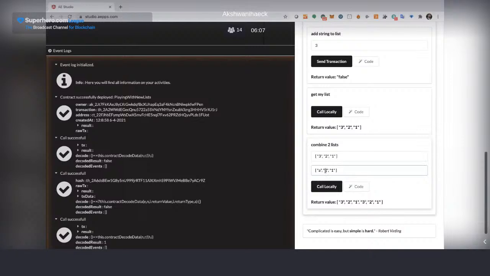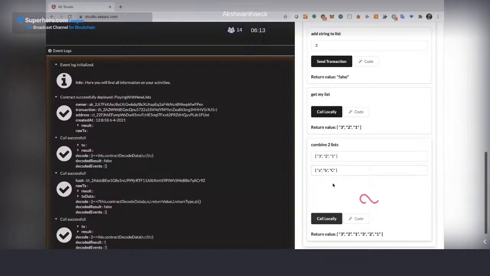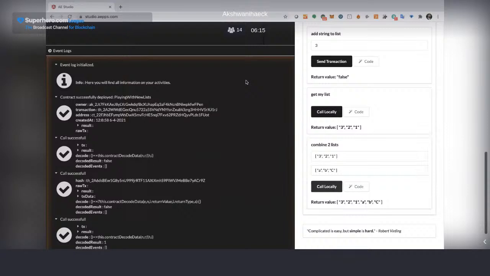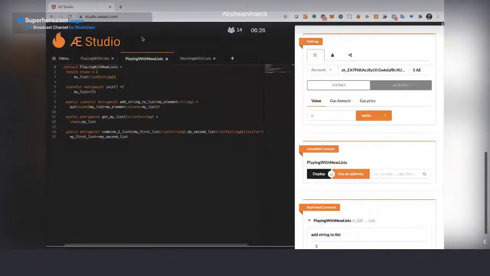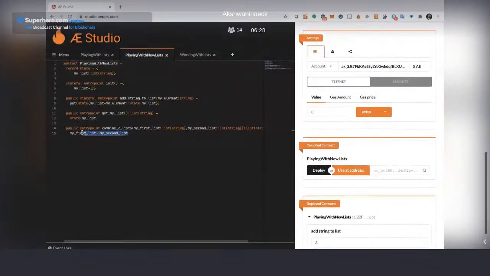And of course, here we are not writing on the blockchain because we are not storing on the state and we don't have an entry point that is stateful. But as you can see, I'm returning. If I want to store this combined list on the blockchain, I just need to do the same thing that I'm doing here, put it in the state.